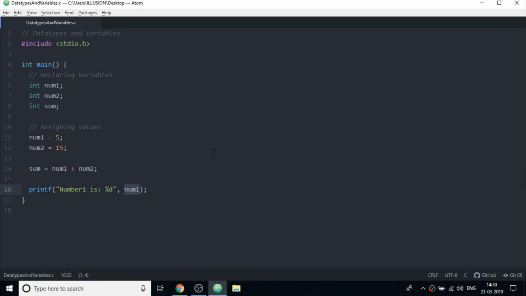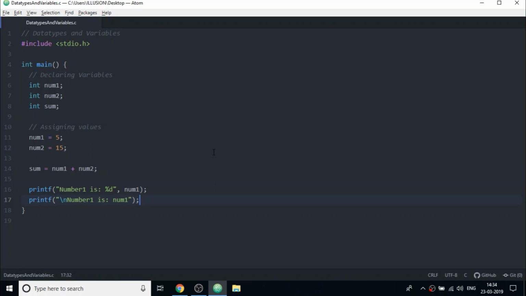We cannot simply write the following printf statement, because the num1 over here is a part of the string and it will be printed directly on the screen. It will not get replaced by its value.